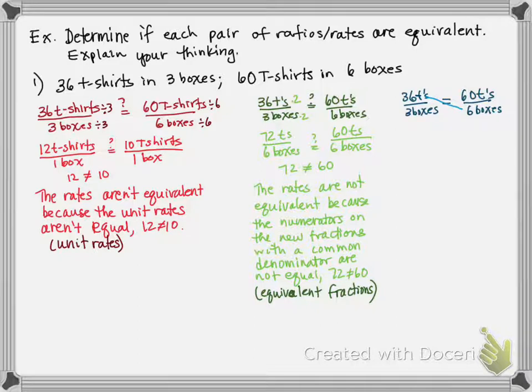So we're going to multiply 36 times 6 and set it equal to 60 times 3. So this is where it gets a little trickier, that we have to be able to understand how to do the math. So 36 times 6, let's see, we get 36. 6 times 3 is 18, plus 3 is 21. So I get 216. And then over here I get 180. Those aren't equal. So again, I would conclude that the rates are not equivalent